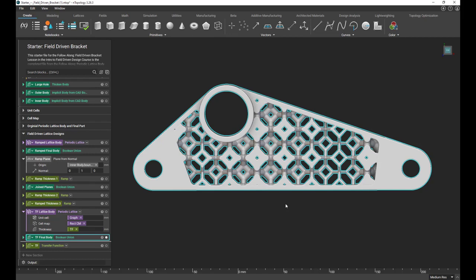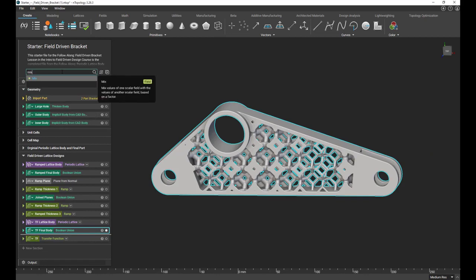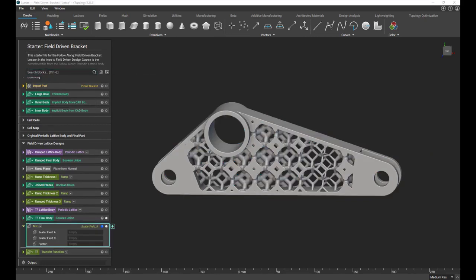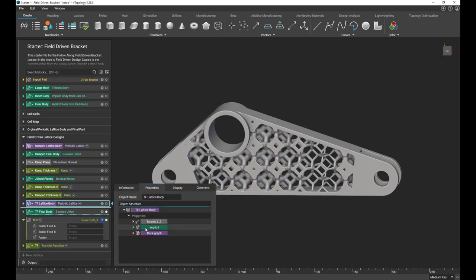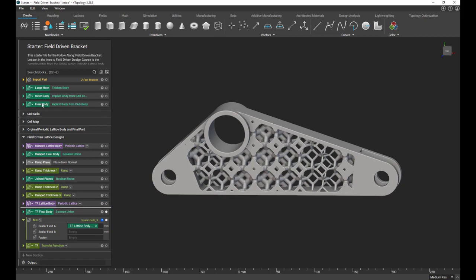The next and last tool we will use is called Mix. And this block will allow us to blend together two different fields. We can also use implicit bodies as inputs for these. For scalar field A, we will use the lattice body that we created with the transfer function, and we can go into the properties to grab the implicit chip, which contains its implicit form. Then for field B, we will use the inner body implicit body, and we will try to blend the two together,